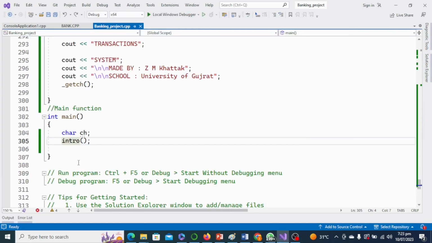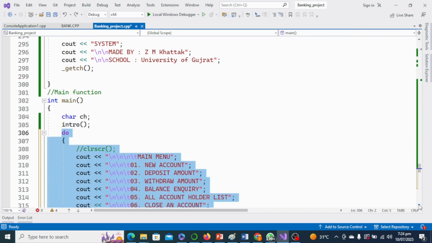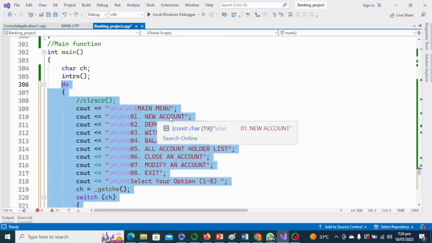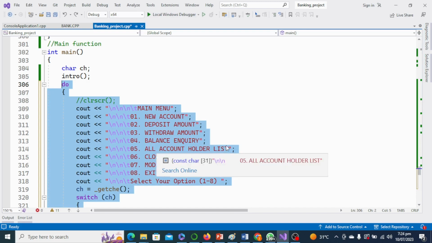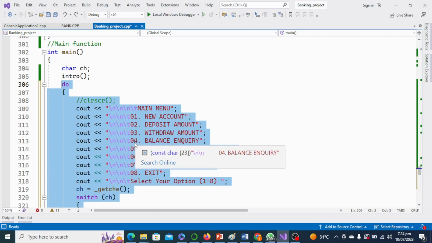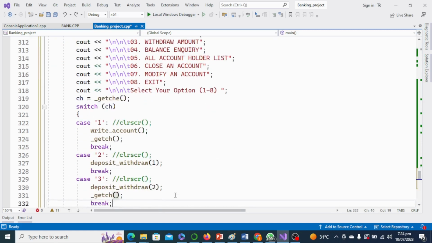Okay, now another thing, we have used a do while loop. If we explain this do while loop line by line, here a main menu will be printed: new account, if you want to create a new account, deposit amount, withdraw amount, balance inquiry, all account holder list, close an account, modify an account, exit, select your option. Then if you select, let's suppose, option number 4, the getch function will be used to hold this 4 and assign it to the character, and then we apply the switch